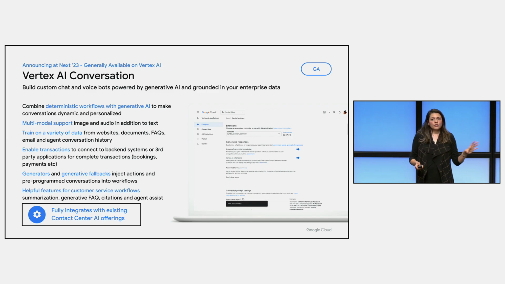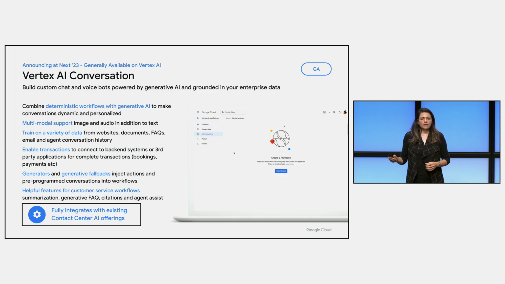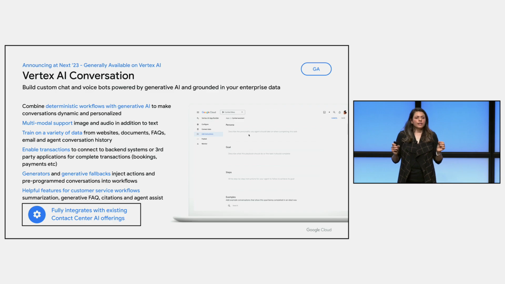So briefly, I also want to mention conversation. I already touched upon that. Conversation would be the layer that is actually integrated. The great point to keep in mind is that we had the foundation layer, we had search, and now conversation. These are all integrated.